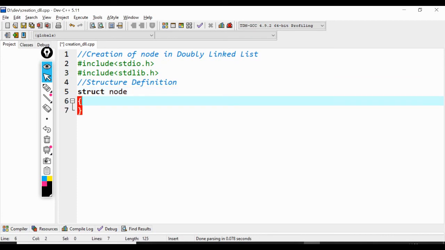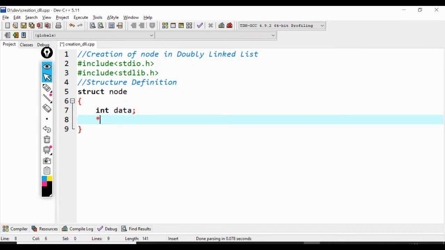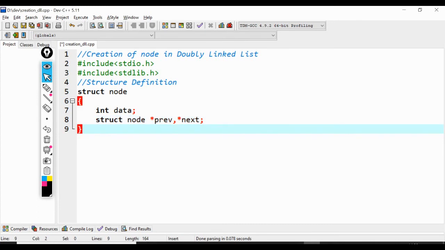Each node will be having three parts. The first field is a data field. I assume data as a set of integers, so int data. The other two fields are pointer variables. I name those pointer variables as previous and next. Both the pointer variables will in turn be referring to the node again, so this must be represented using a self-referential structure. Like this. Previous will be referring to the previous node's address and next will be referring to the next node's address. So, self-referential structure. We know the structure definition should be terminated by a semicolon.